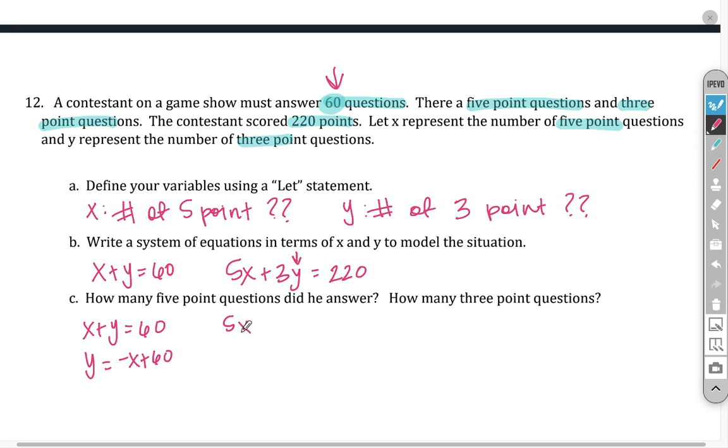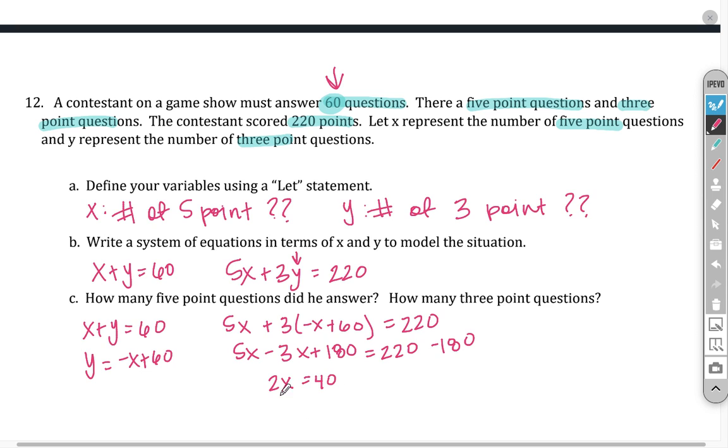So we have 5x plus 3 times negative x plus 60 equals 220. So we have 5x minus 3x, 3 times 60 is going to be 180, equals 220. So we have 5x minus 3x is going to give us 2x. And then we subtract this 180. So 220 minus 180 is going to give us 40. We want to solve for x, so we divide by 2. So x equals 20. All right, now that we know that x equals 20, we can plug it in over